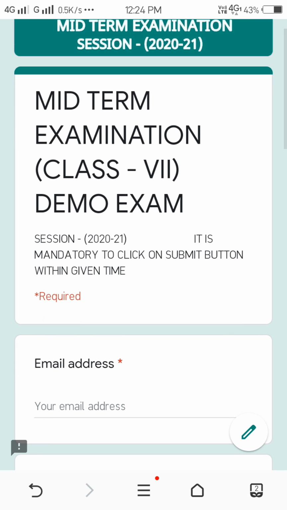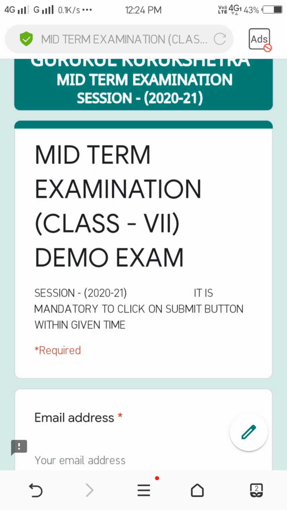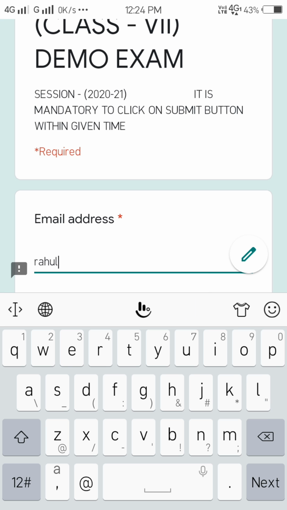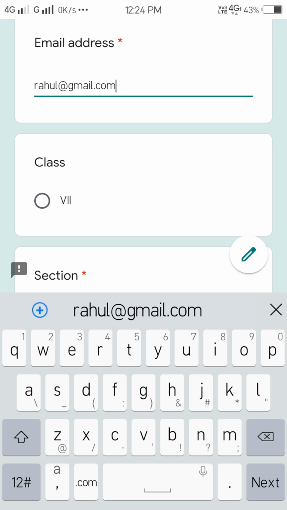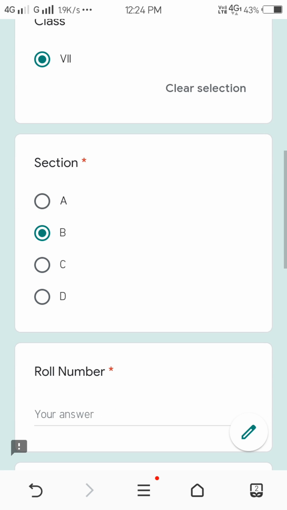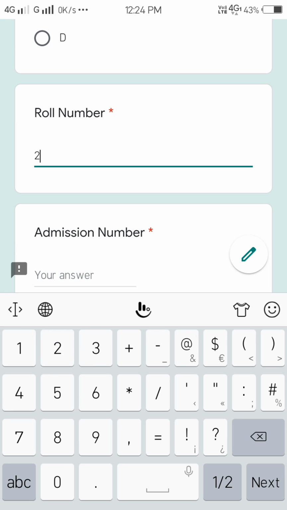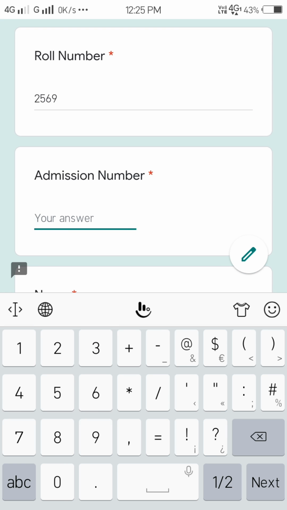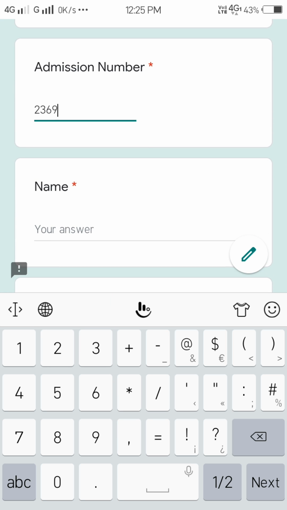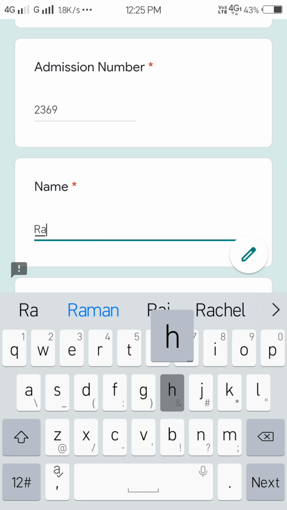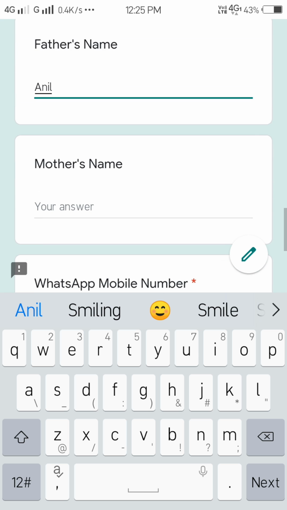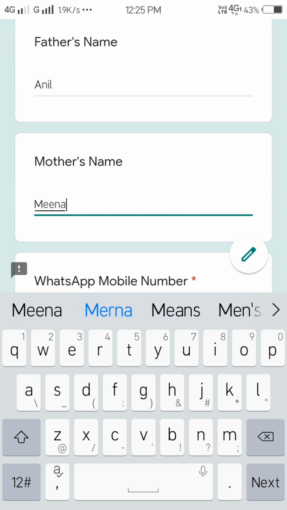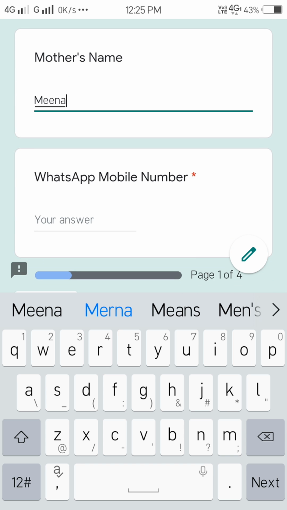Under the first section, one by one, you will enter your valid information like email address, class, opt one section, enter your roll number, enter your admission number, enter your name, enter your father's name, enter your mother's name, and enter your WhatsApp mobile number.